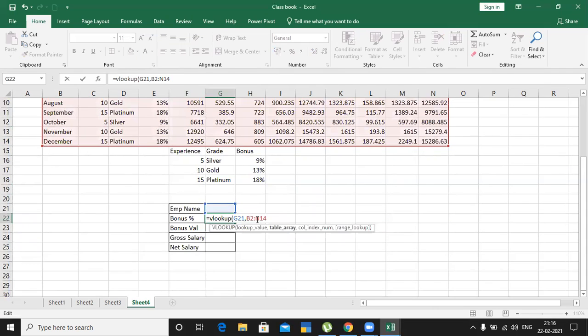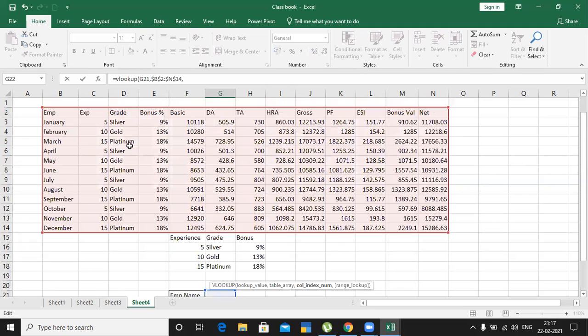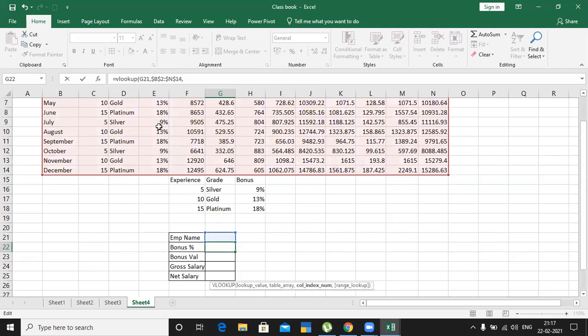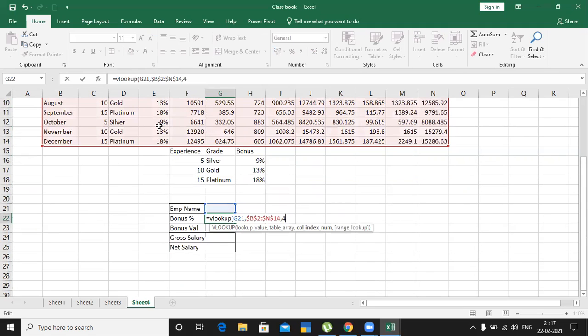Then column index number for bonus: 1, 2, 3, 4. I have to take 4. Next, would you like to have exact match or approximate match? Exact match. So close the bracket and press enter.